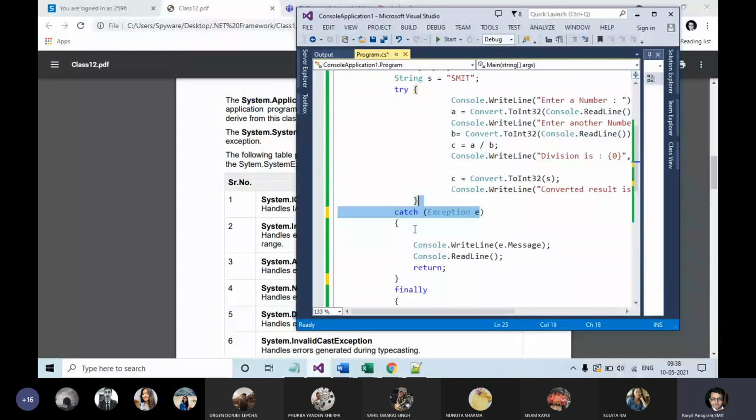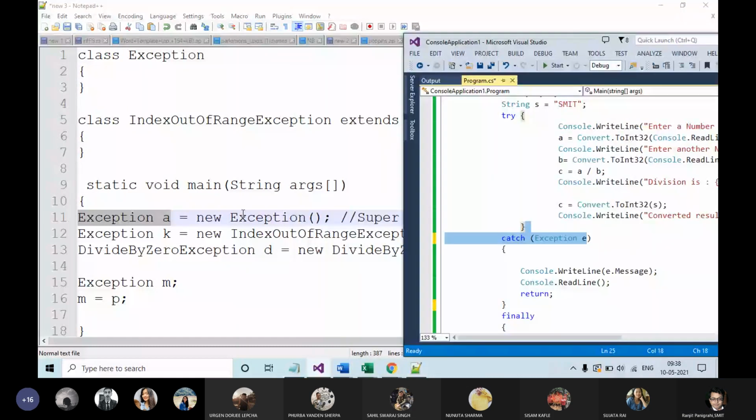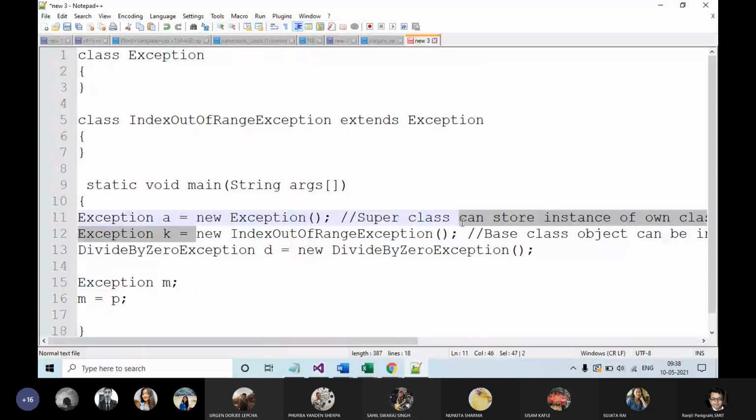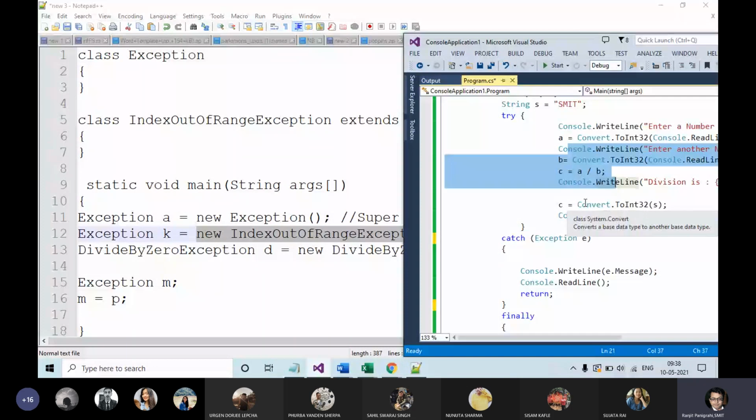This is simply because of this. Any kind of exception which happens over there is thrown out here. So as per the principle, I can use a parent class object to hold any kind of exception.